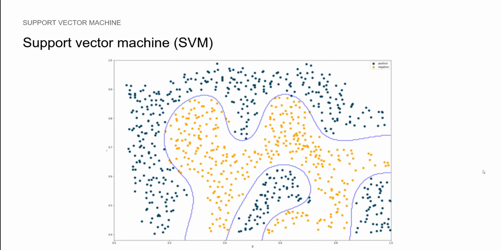Here is another example that we will code, and as you can see here, the boundary is definitely not linear. But SVM does a pretty good job at finding a boundary and separating each class. So that's it for the theory. Now let's move on to the coding project and generate those plots ourselves.